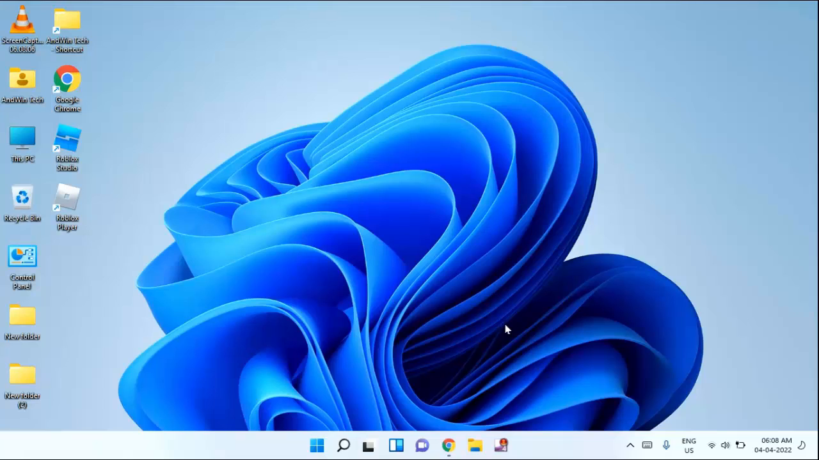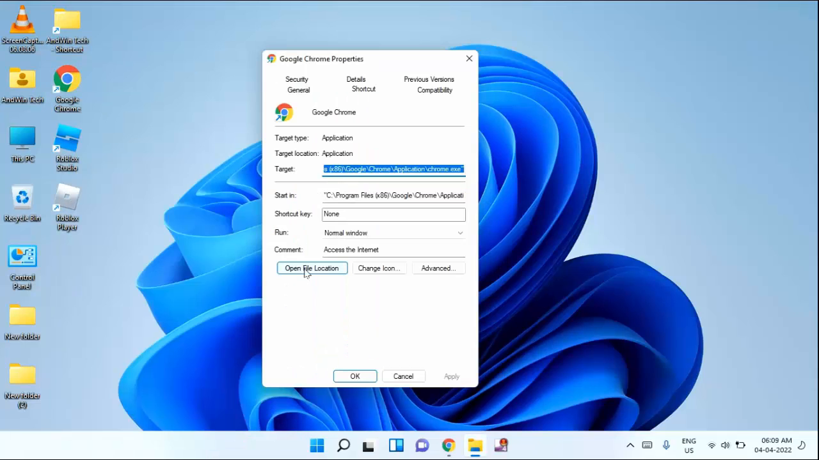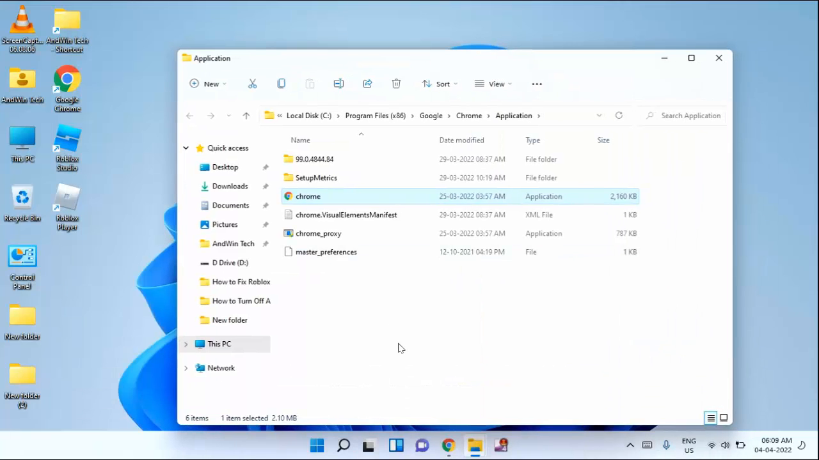Guys, if your Google Chrome is not opening when you open it, then I will show you how to fix this. First of all, you need to right click on your Google Chrome and click on Properties. You need to click on Open file location. Just click on this. After that you will see this type of interface. In this you can see this folder